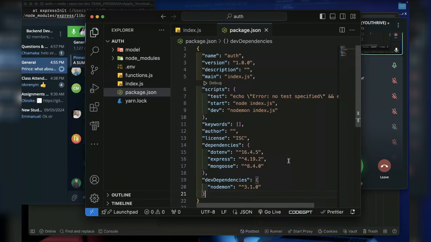DevOps stands for development and operations. So DevOps begins when the developer is done with his job. Let's finish developing and then,